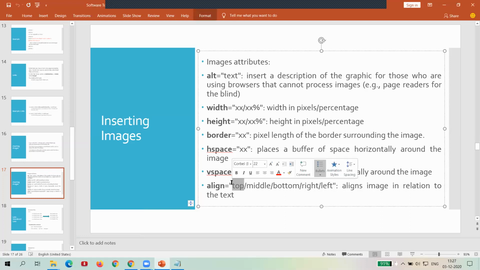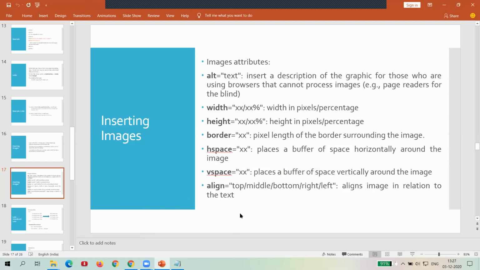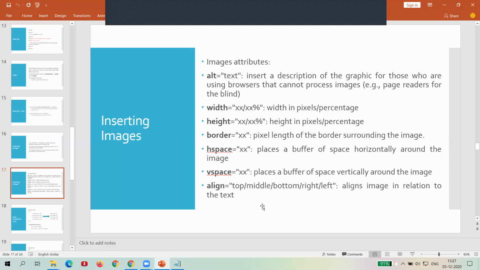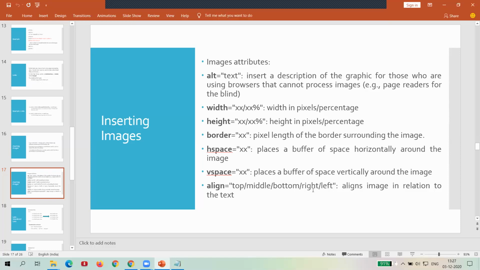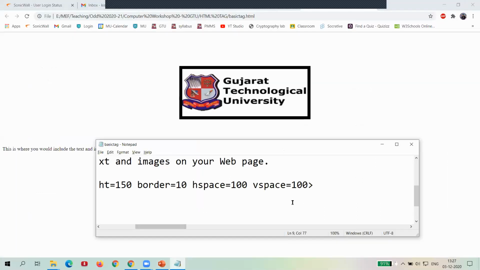So let's continue with align. As I said, the first 3 inputs are top, middle and bottom. In this, you see in the output your image will be in a fixed position, and your text, with respect to it, will change to either top, middle or bottom. In the last two, you can see the image position changes to the right hand side as well as the left hand side. So let's go for that example.